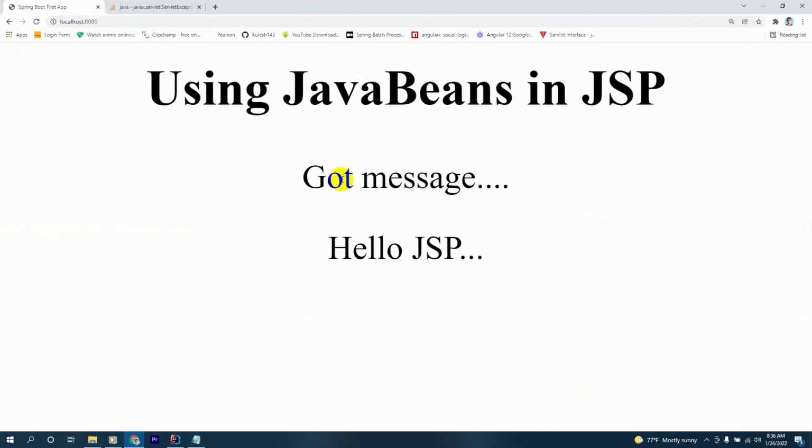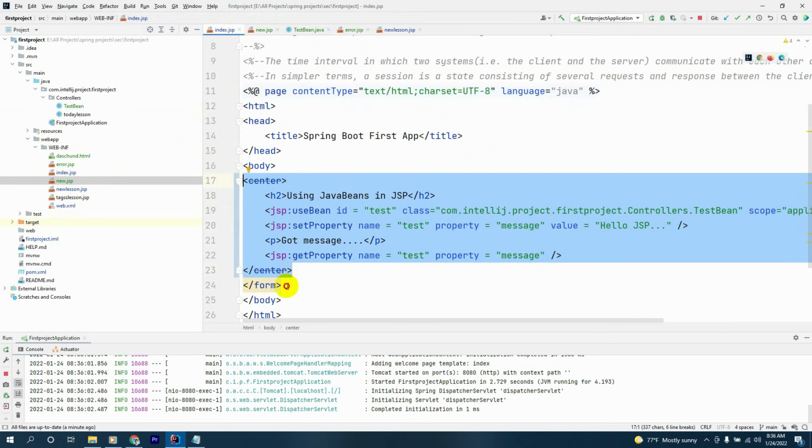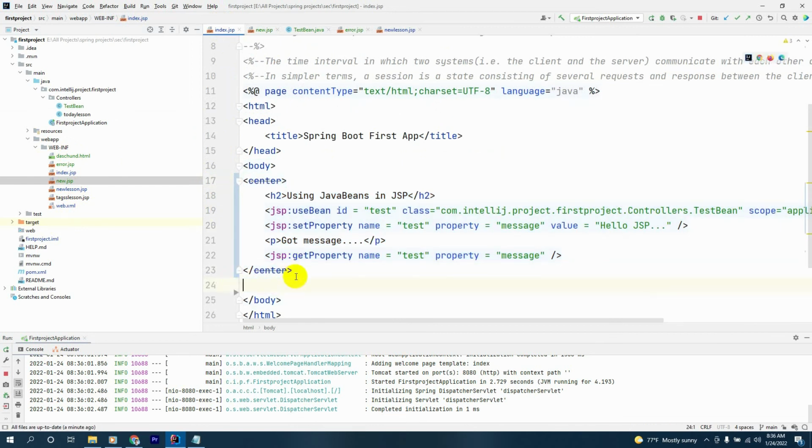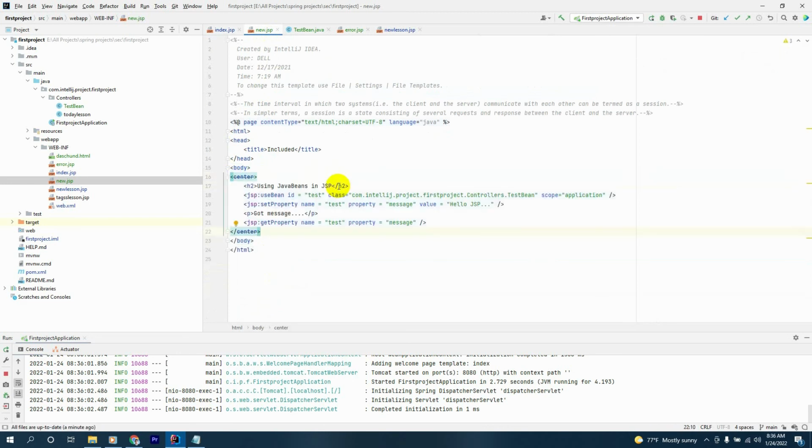What we get is this: using Java beans in JSP and get message hello JSP is printed. So the value hello JSP is printed when we do this. Now we'll copy this example from here. We'll cut this example from here and paste it in a new JSP, because we are going to do another example with another standard action tag. You save this,